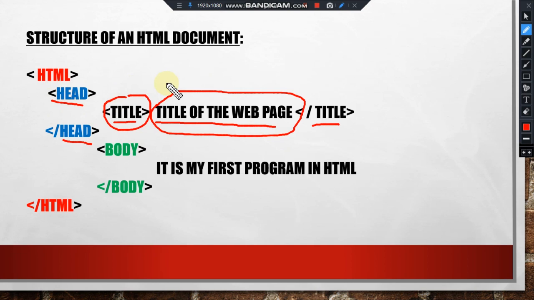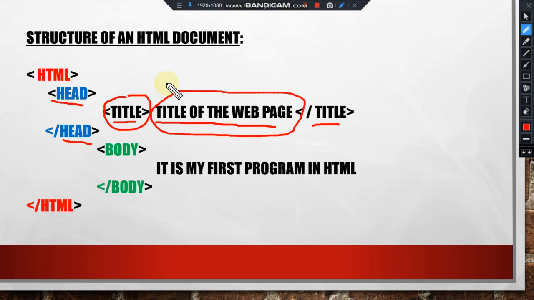It contains the title of the document. The title appears on the top of your browser. I'll show you next time where this title appears. For now, remember that the title is the name of your web page, and it appears on the top of your browser but not in the actual viewing pane.